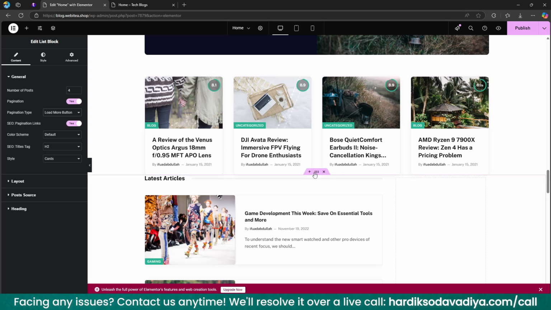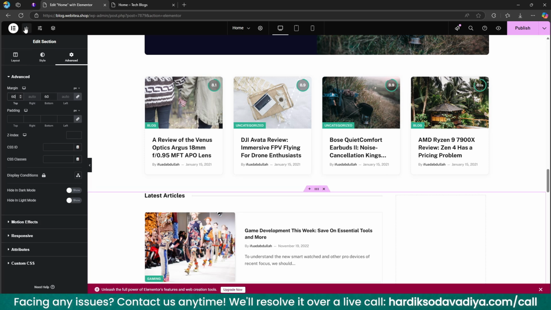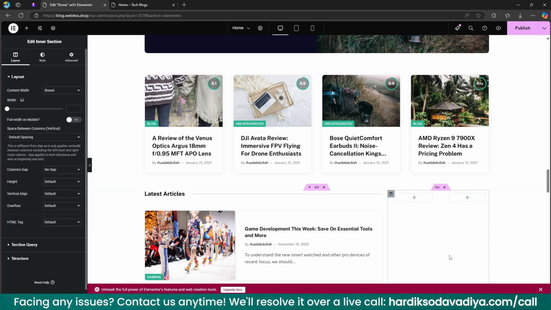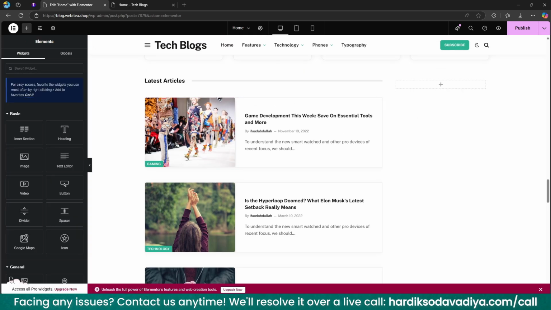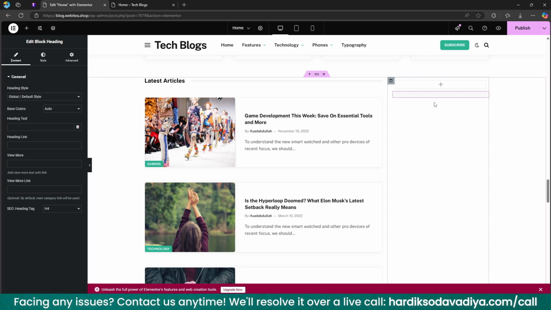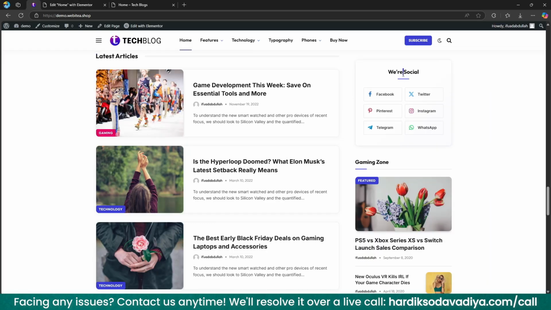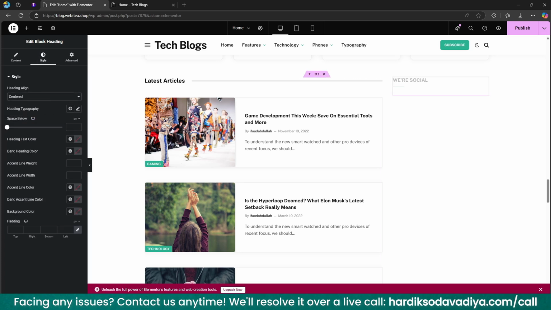Just need some spacing here first, which will be 60 pixel. Then we will add inner section, and here we will add a block heading. It should be inside this section, by the way. We are social. The design will be, I think, C2. Yes, the text will be centered,